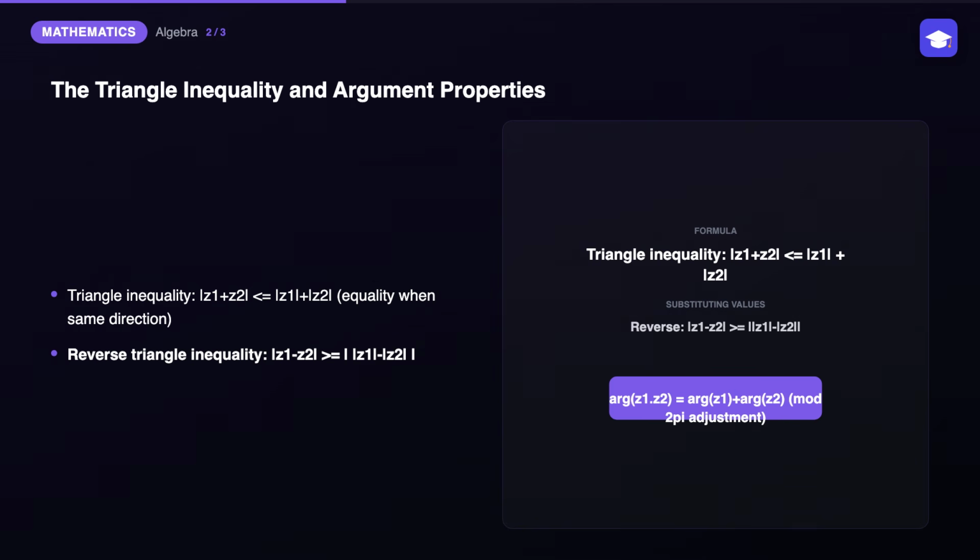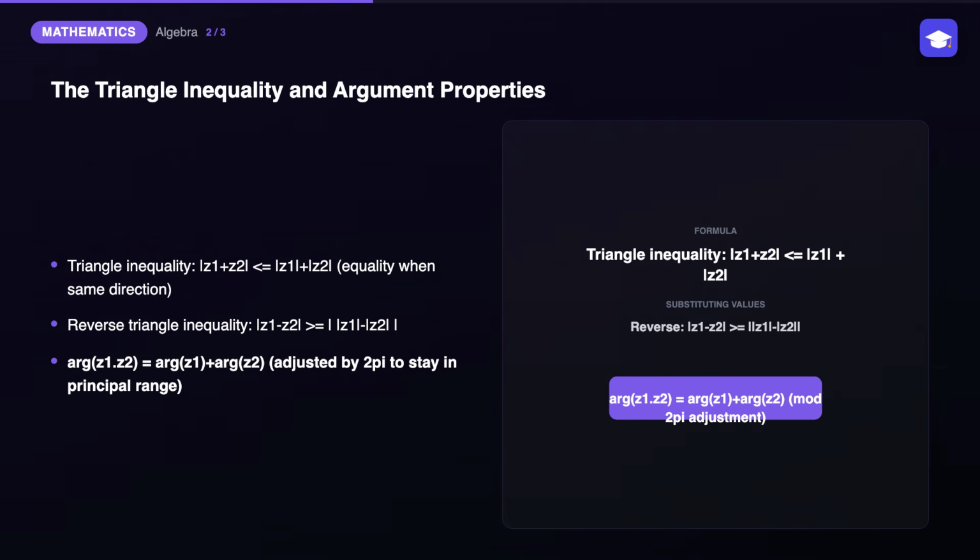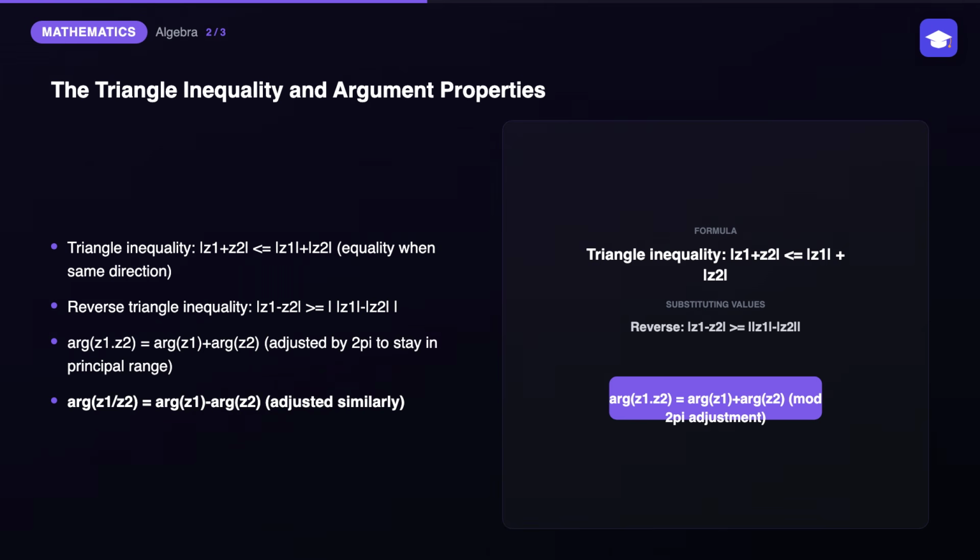A related result is the reverse triangle inequality. Mod of z1 minus z2 is always greater than or equal to mod z1 minus mod z2 in absolute value. This version is extremely useful for establishing both upper and lower bounds on expressions in JEE problems. For arguments, arg of z1 z2 equals arg z1 plus arg z2, plus or minus a multiple of 2 pi if needed to stay within the principal range, and arg of z1 over z2 equals arg z1 minus arg z2,